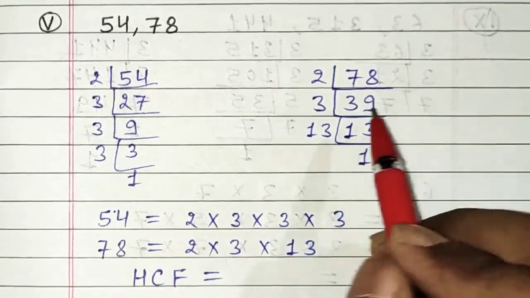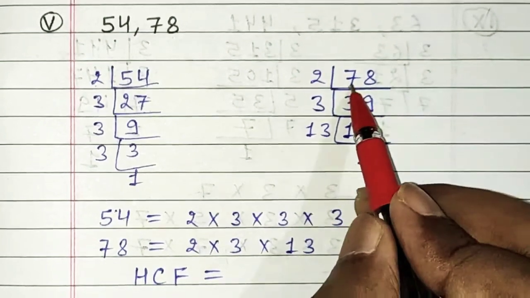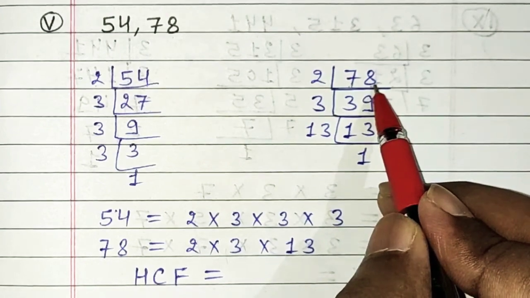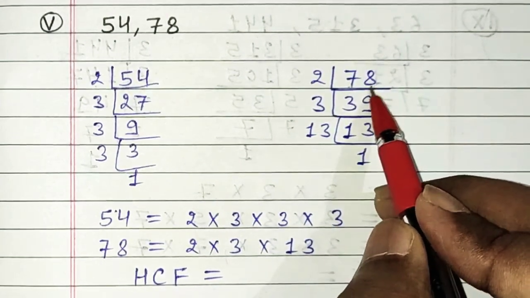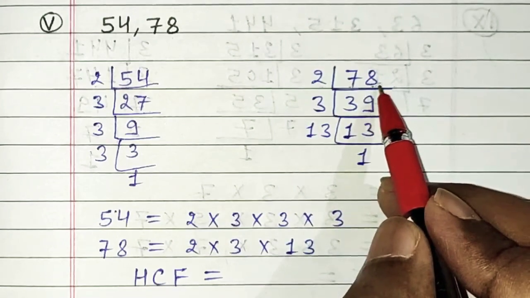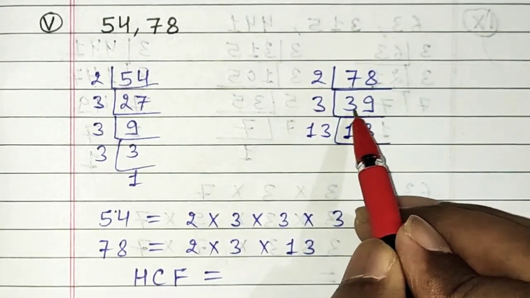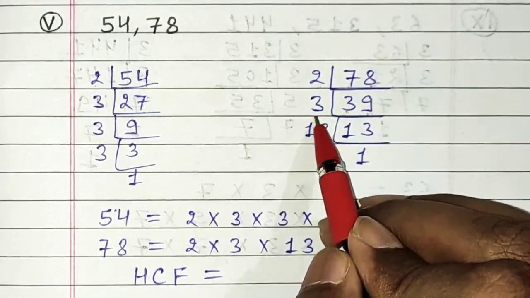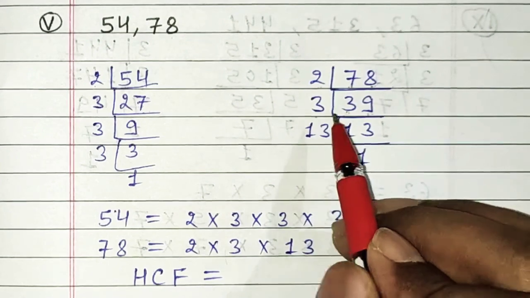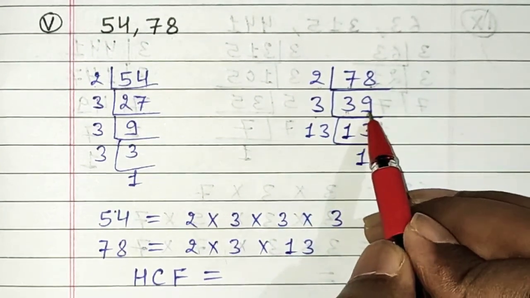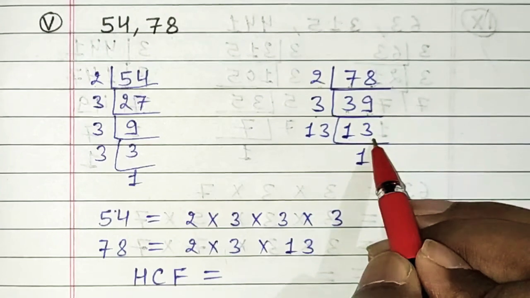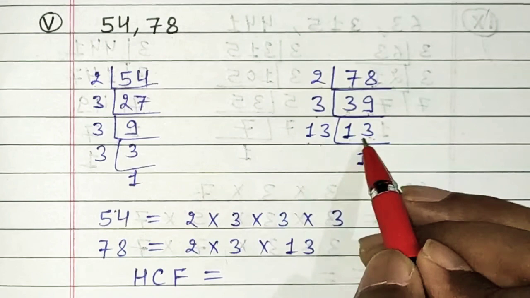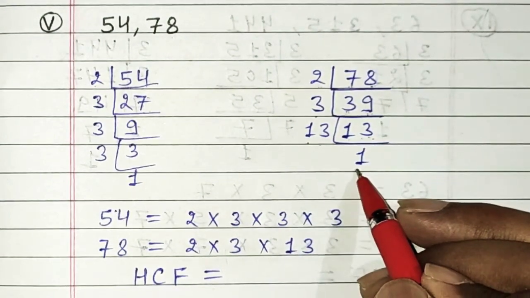Okay. Now factors of 78. 78, 8 is an even number, that means the whole number can be divided by 2. When you will divide this 78 by 2, you will get 39 in the question. Now 3 and 9, when you will add these numbers, you will get 12, and 12 can be divided by 3. Okay. So divide this 39 by 3, you will get 13 in the question. Now 13 is a prime number, so that means it can only be divided by 13. So 13 one time will be 13. Okay. 1 will come here.